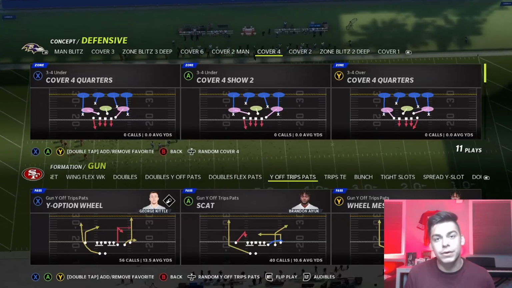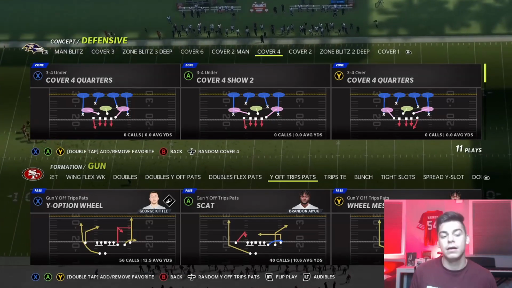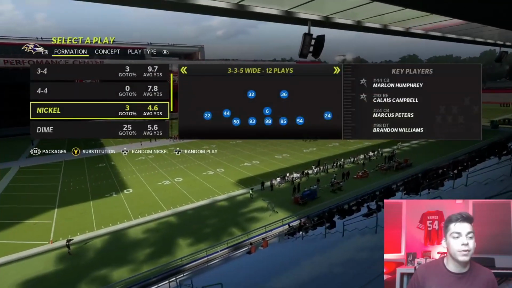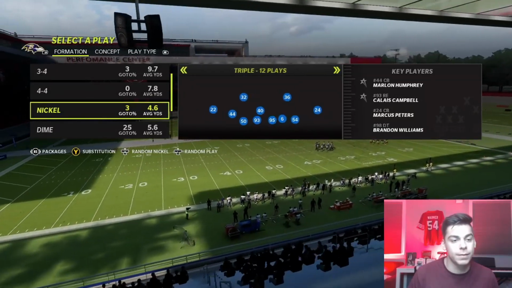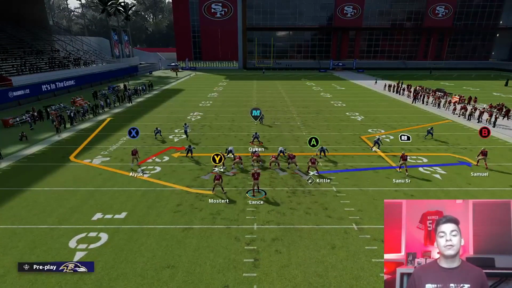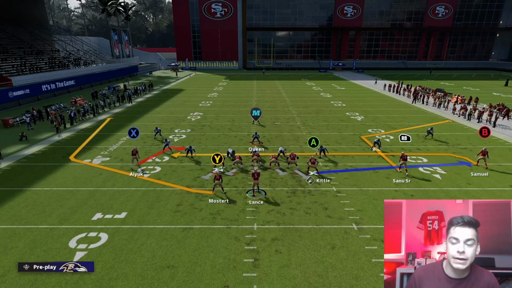Let's move on. So now we're going to talk about this play Scat, and if you watch D-Croft play any type of Madden, he really loves this play. I'm not crazy about it, if we're going to be real, but it is still a good play, and we're going to talk about it today. So what makes this so good is that route by Sanu, and it just gives you